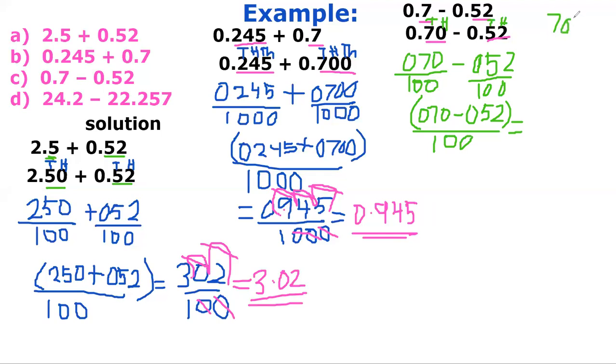Show workings, minus 52. Here is not possible, so here will be 10. Here remains 6. Okay, so here is 8. When you subtract the 5 from the 6, it will be 1. So now here will be 18 or 0.18 over 100. Okay,